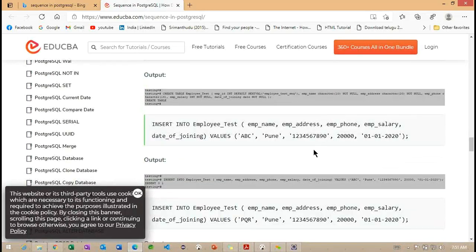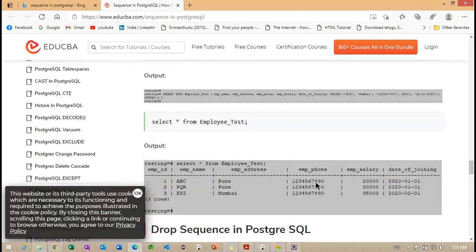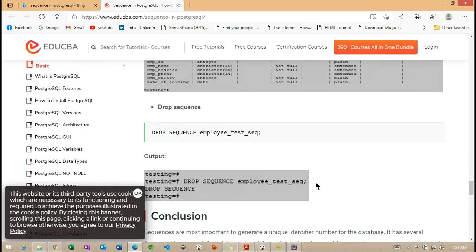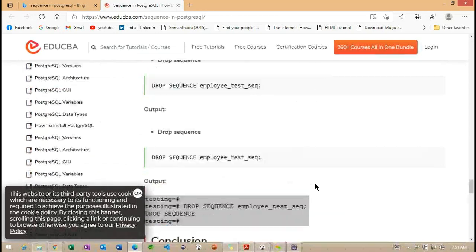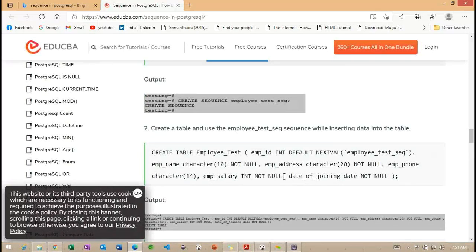When this sequence is created, what happens internally? We need to understand the sequence is going to generate it. So here I want to provide the increment value. Basically, I'm trying to find out the increment value.